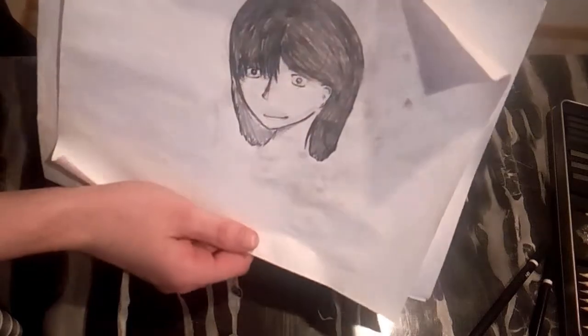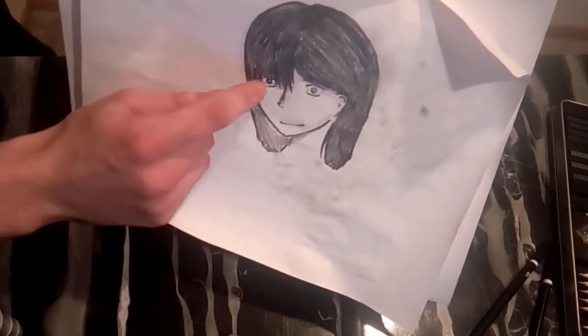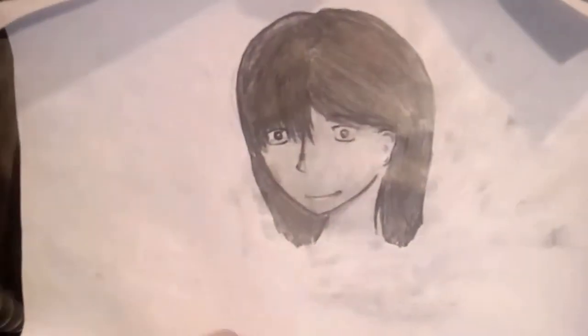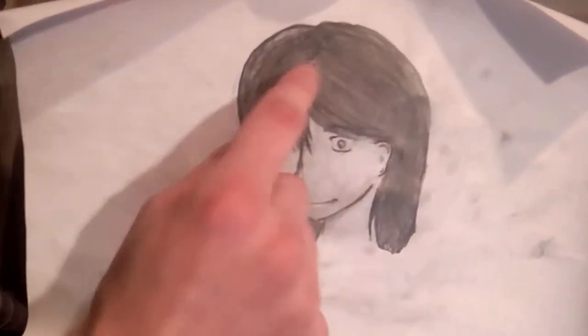And as you can see, our drawing is basically done. I might want to shade here some more and around the face. And there we go. Our drawing is pretty much done. See, you might want to do some more detail on the underneath side of the eyes, but for the most part,